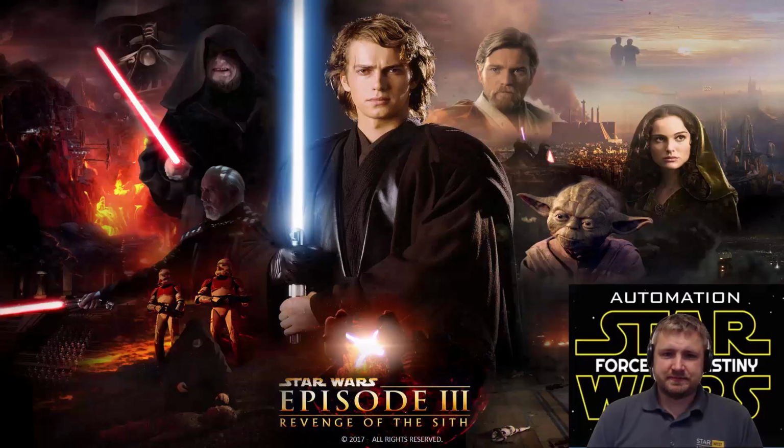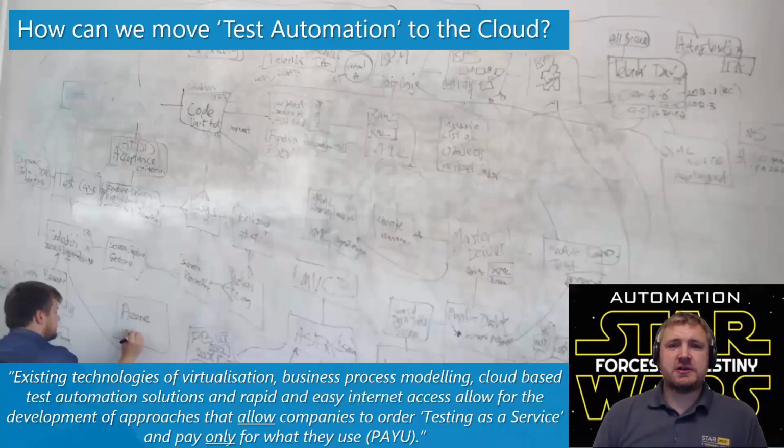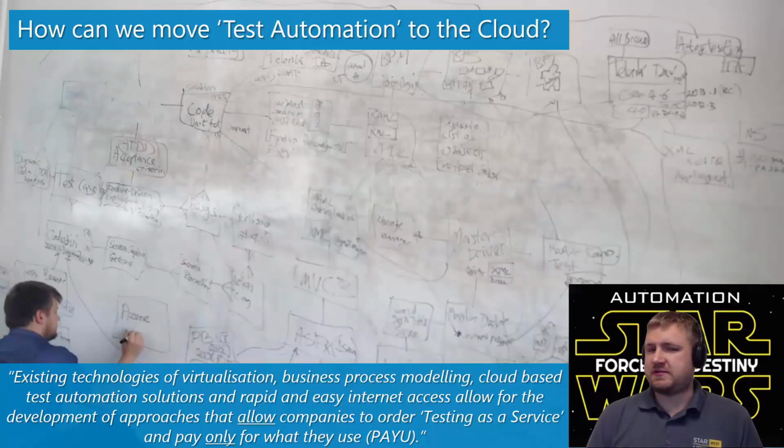Episode 3. Here we see Anakin, soon to be Darth Vader, really mature. He's at the top of his automation framework capability. He's developed things and his powers as far as he can go, and now he's potentially turning to the dark side. This we're going to reflect with test automation as a service, and talk about how we move beyond testing locally with local frameworks into a cloud or beyond environment.